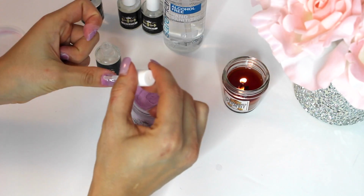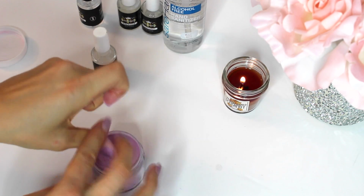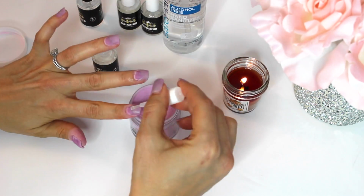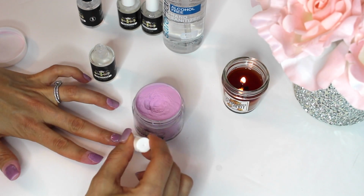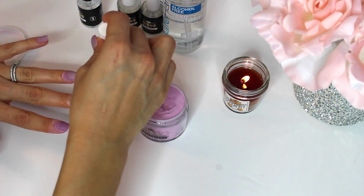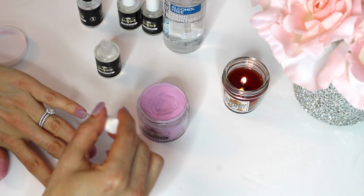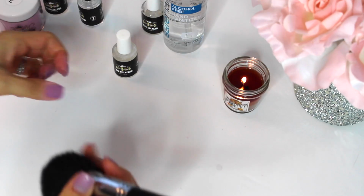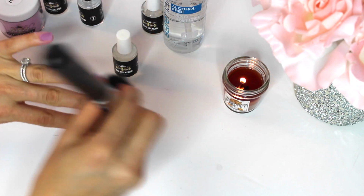And now this time you're going to use structure again, but it is going to be slightly different. You're going to be putting it all over your nail this time. So starting at the very top of your nail, the area you just did, all the way down the entire nail, and then dipping the nail in the powder. Make sure the structure is a really thin coat of glue. And when your nails are dry, go ahead and use the brush again to get rid of any